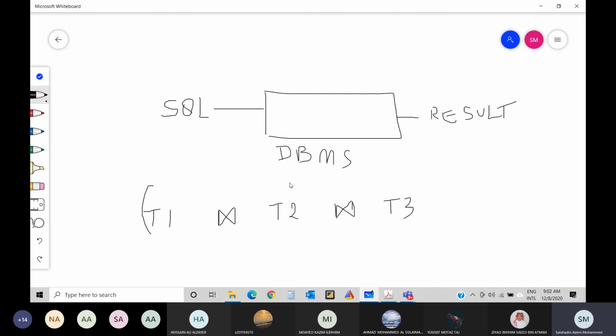Do you think this will give me the same result as this? If I do this first, instead of doing this first, will I get the same result for both, ولا يختلف الريزلت؟